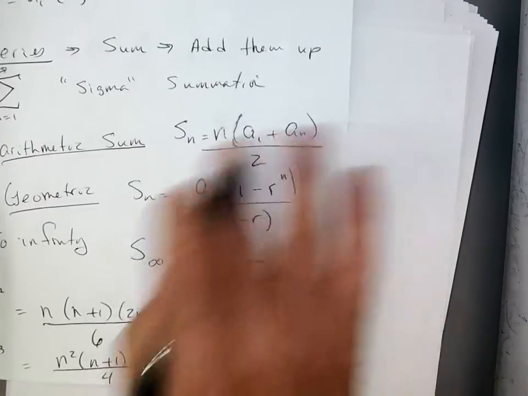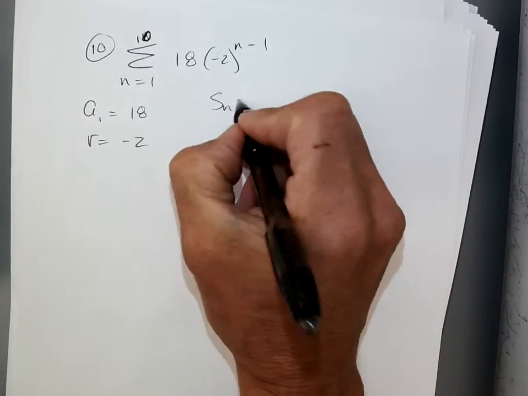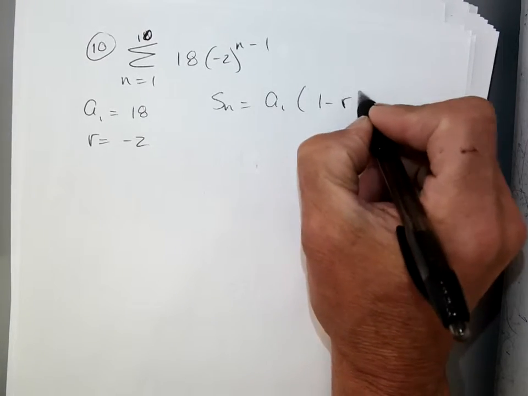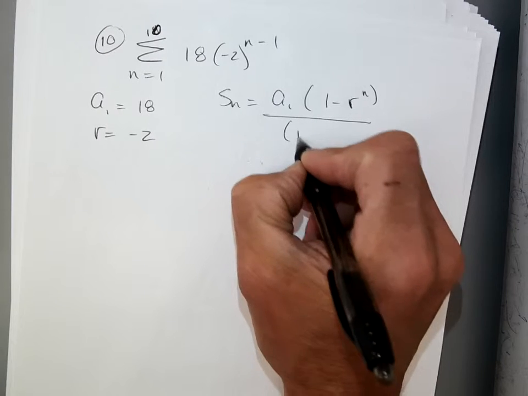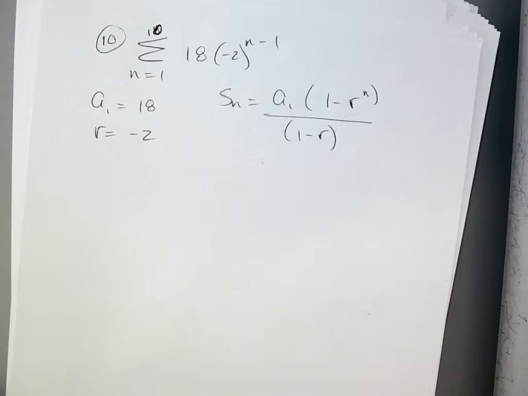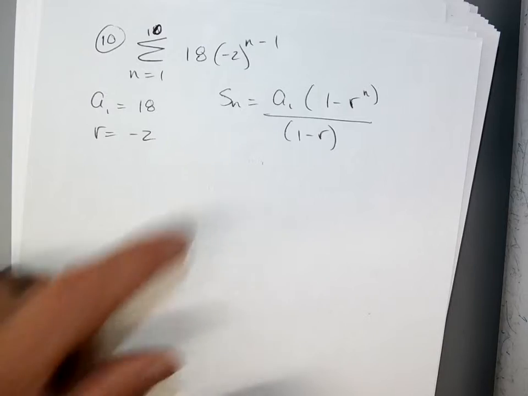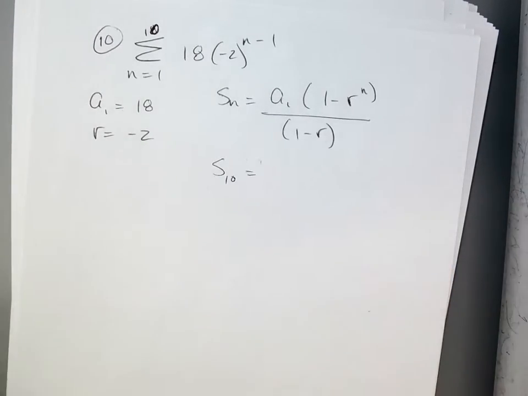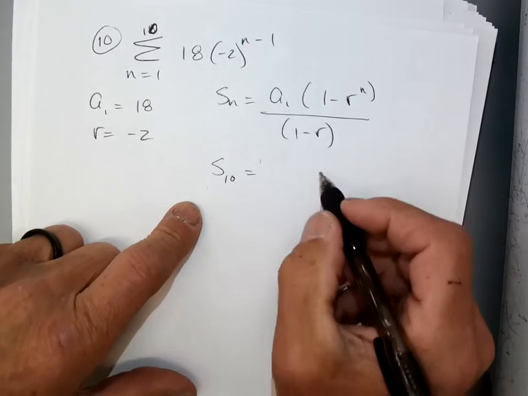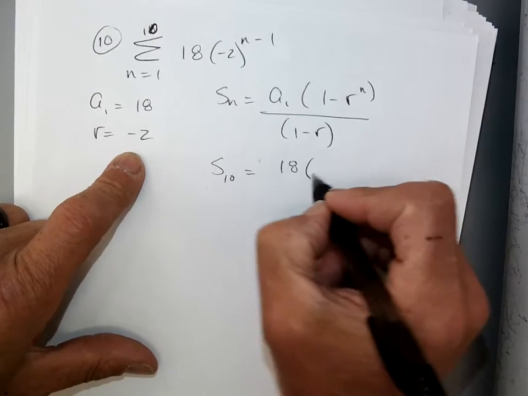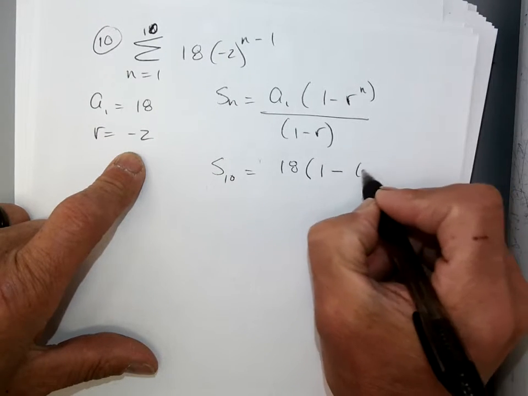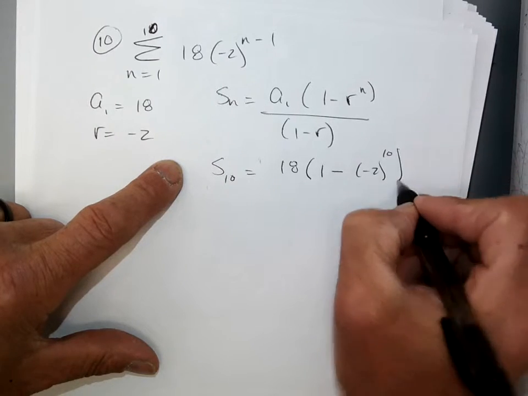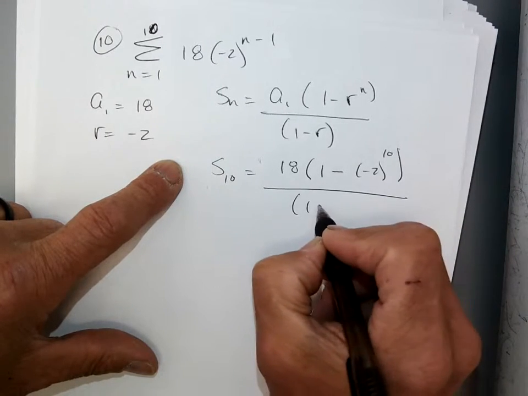So I have a formula. S of n equals A1, 1 minus R to the n, all over 1 minus R, okay? Thanks to you. Got it, Jeremy? Here we go. So I'm just going to use my formula. I'm going to go S of 10, because I need the sum of the first 10, is going to be A1, which is 18, 1 minus a negative 2 to the 10th power, divided by 1 minus a negative 2,